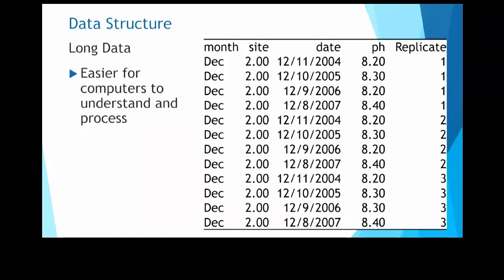And usually when people are first introduced to wide versus long data, at least when they interact with me, it's like, okay, sure, I want to use this. How the heck do I get all my wide data into long data? That's going to take ages, and it's going to be horrible. Manually, yeah, you're right. That's true. It'll take a long time, potentially. But by using coding programs like R that David's going to talk about in a minute, there are tools already implemented in there for you that can make that process much easier and much faster. So converting from wide to long data does not have to be a scary and horrible task.